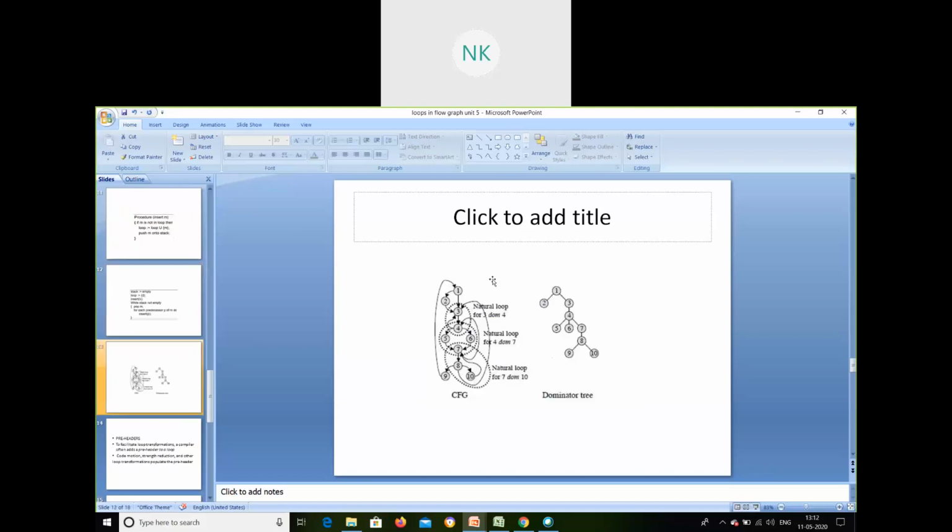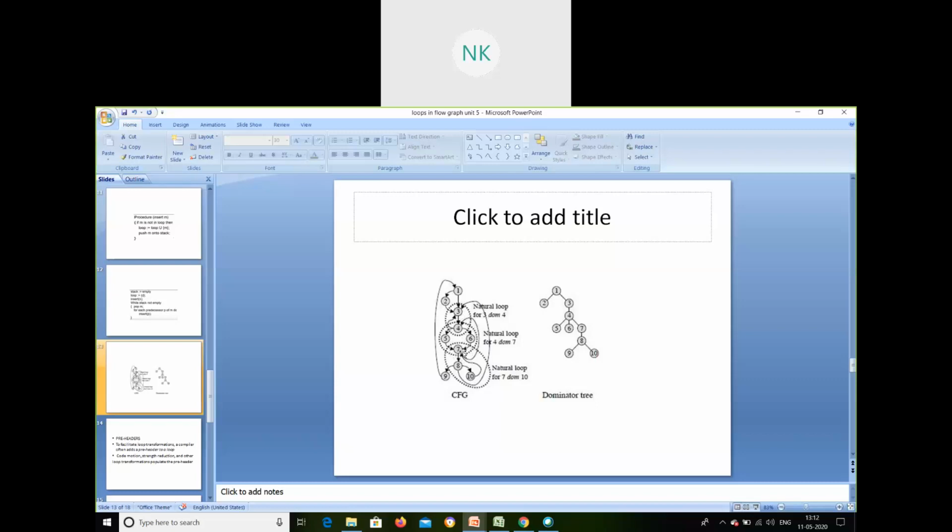So as we have discussed, see, the natural loop for 3 dom 4, 3 dominator 4, the natural loop is this. And the natural loop for 4 dom 7 is 4 to 6, 6 to 7, and 4 to 5, 5 to 7. No, it is not a natural loop actually.